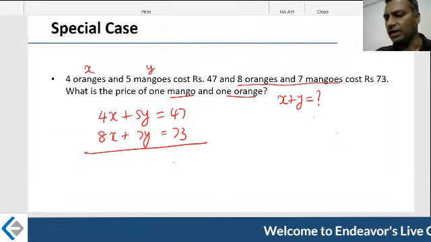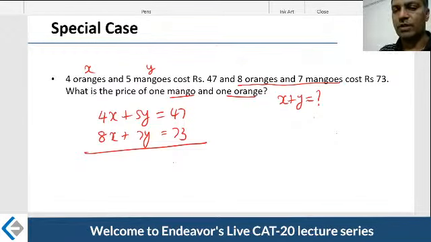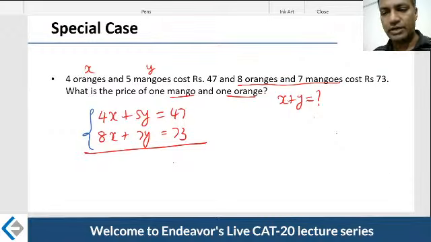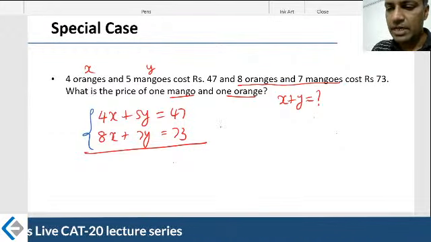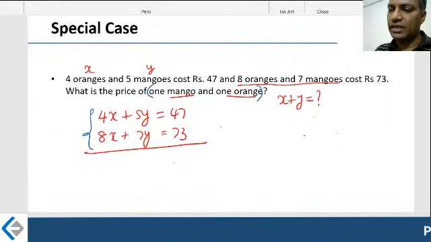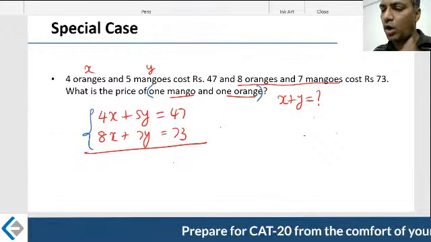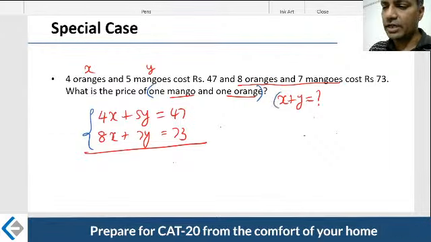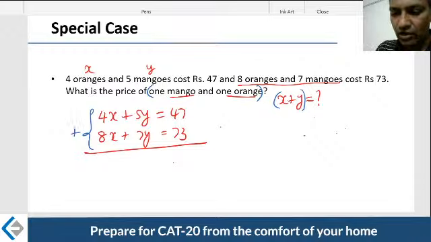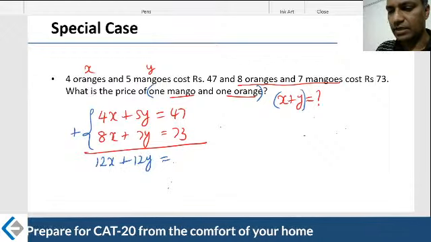If you are sensitive to the numbers, you understand that adding will make sense, because earlier we said that we have to get rid of either x first or y next. But you don't necessarily have to be observant only about the numbers; be observant about the question stem. The author is also not interested in what is x and what is y. Instead, the author is interested in what is x plus y put together. So therefore you would say that 4x and 8y, just add them. By adding, we get benefited. So it becomes 12x and 12y, which is nothing but